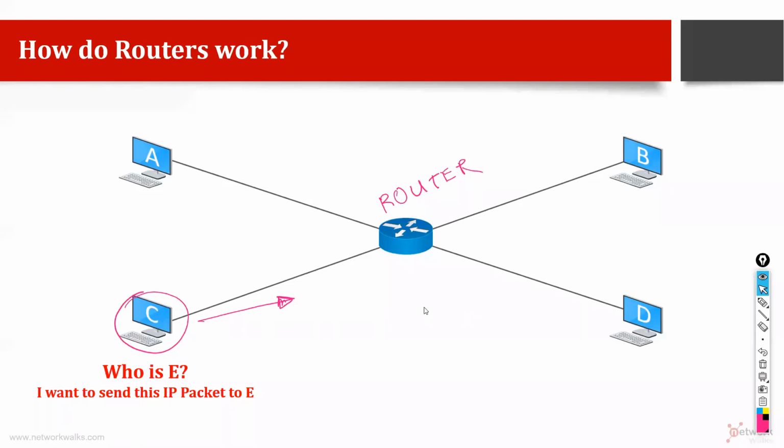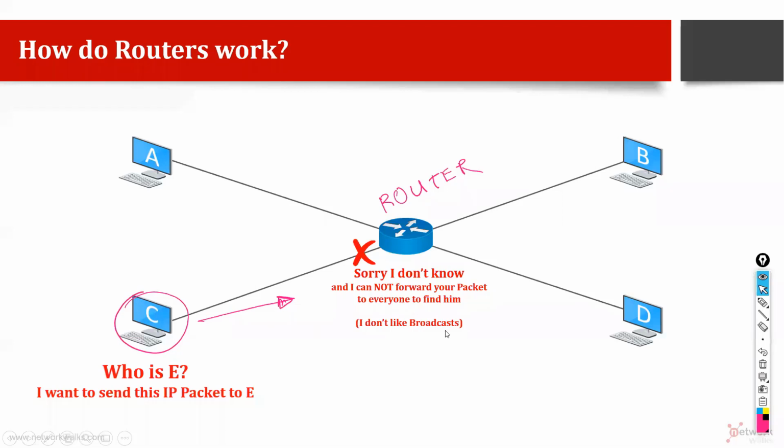Okay, so let's see now. Let me play the animation. So C wants to send the message. C sends to the router. Now let's see. Okay, so the router has rejected the message. It has dropped the message, not rejected. Rejected means it sends back, but dropped means it received the message, but then it says, sorry, I cannot help you. I don't know what you are doing. I cannot forward the packet because I don't like the broadcasts.